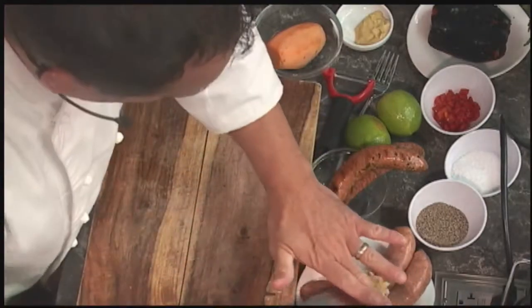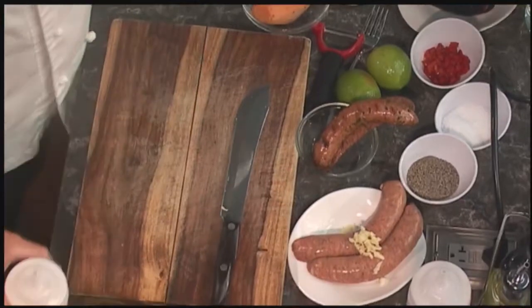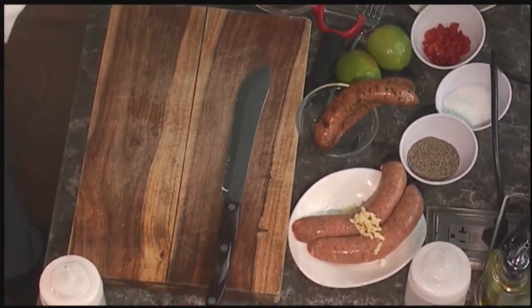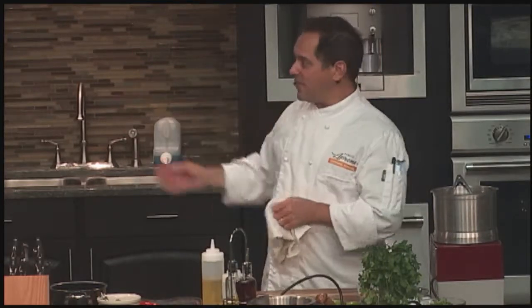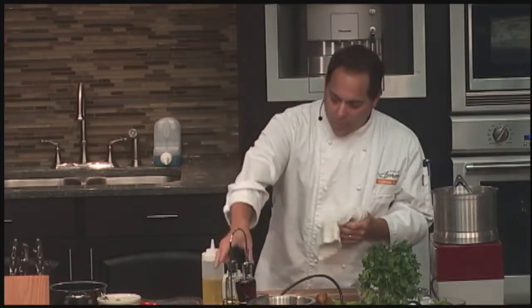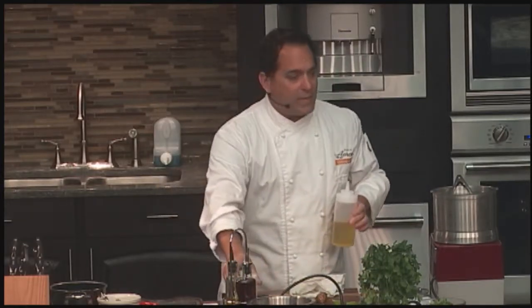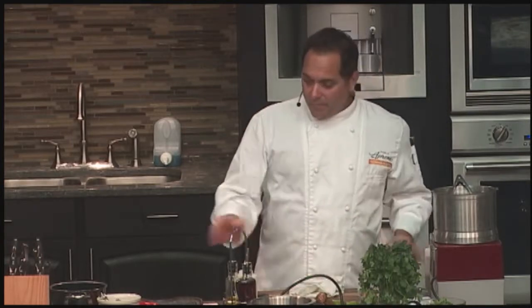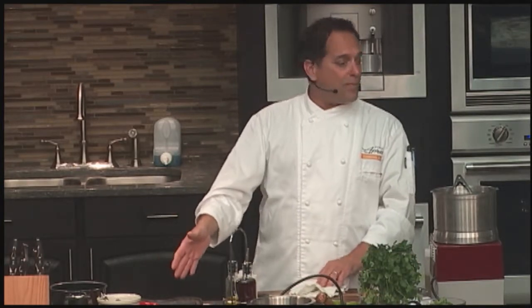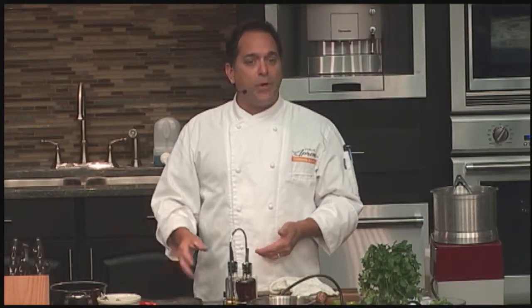So we're going to take this and put it on our chorizo. And when you're cooking, a big misconception is that extra virgin olive oil is acceptable over high heat. That is the furthest from the truth. With extra virgin olive oil, you can see the color difference. One of them is a lot lighter, one of them is a lot darker. The extra virgin oil burns at 325 degrees. My grill right now is probably about 450. So if I put that on the grill, it's going to stick, it's going to burn,